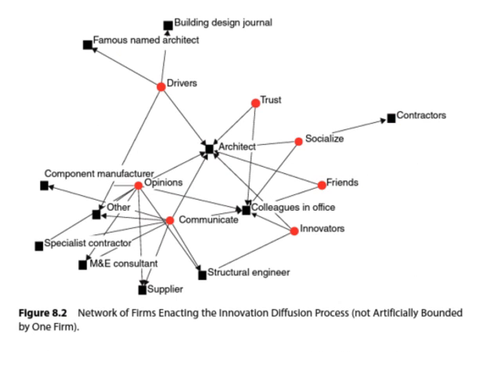And then the next one that I want to show you guys is the network of firms enacting the innovation diffusion process. So the previous one was individuals, now we're looking at firms enacting information on each other. So you've got a driver, for instance, now the solar panel thing. So now the architects here have to design greener buildings, and they have to get a green star rating. And so now the government is pushing for solar panels to be installed. So that's the driver. And then you've got your trust.